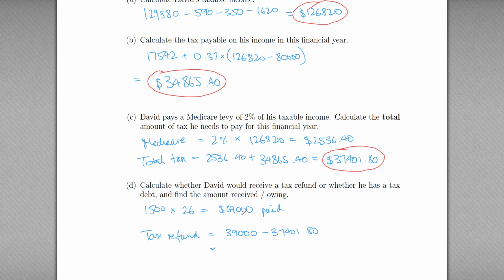Okay, so he's paid too much already. He only needed to pay that much, so the difference will be how much he gets back. Okay, so we take away 37401.8, and we get a total of 1598.2 as a tax refund. And so that's